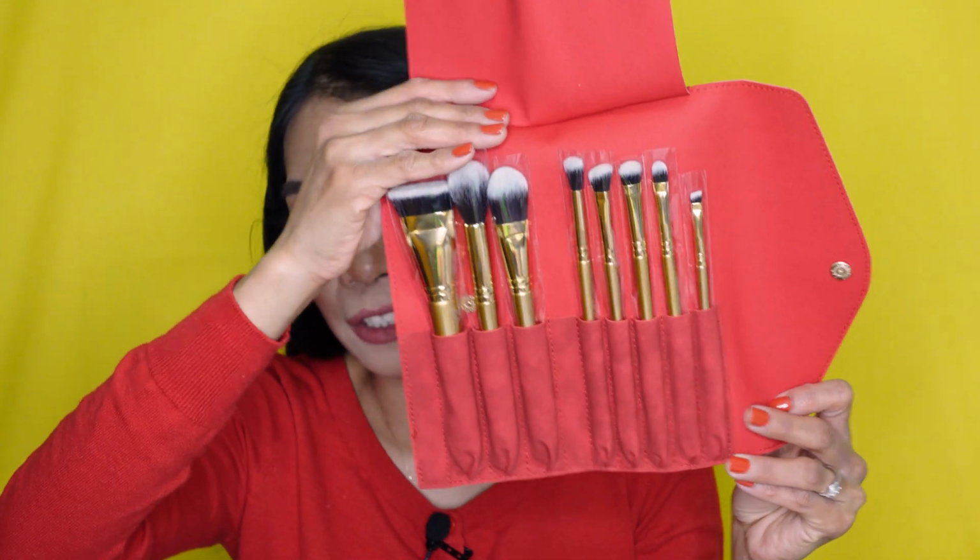I'm excited. I still have a lot of brushes that I haven't used yet, but this is a nice color combination of brushes. Gold, 2, 4, 6, 8 different kinds of brushes. Very nice. And then you just close it like that and snap it. I'm really excited. Oh, I love Boxyluxe. This is the nicer